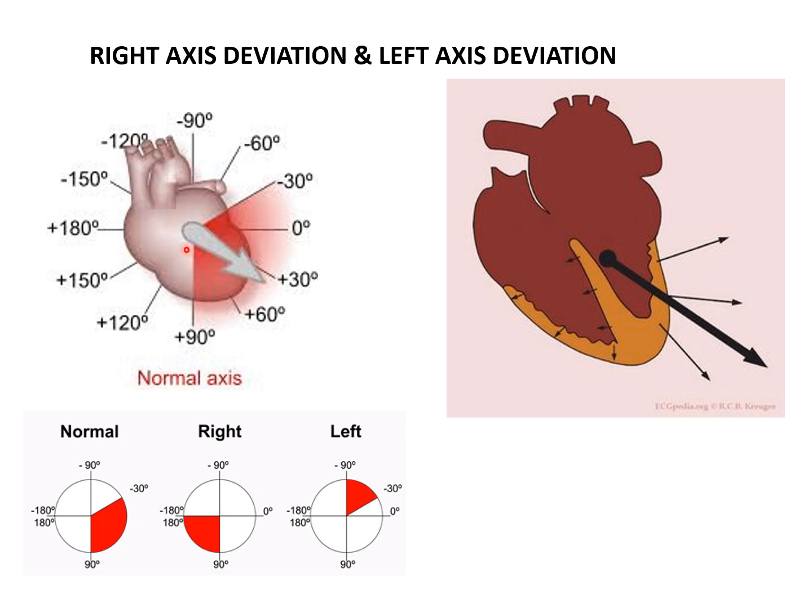And right axis deviation you can consider from +90 degrees up to 180 degrees. This can be considered as right axis deviation. For example, in case of right ventricular hypertrophy or enlargement. And extreme axis deviation can be there from +180 degrees. Okay, this extreme axis deviation can also be there, but that is very rare.